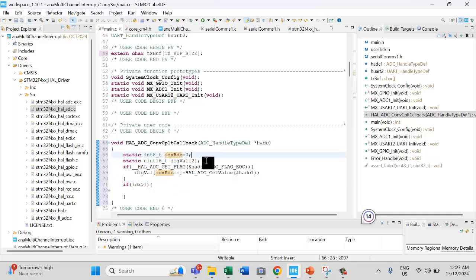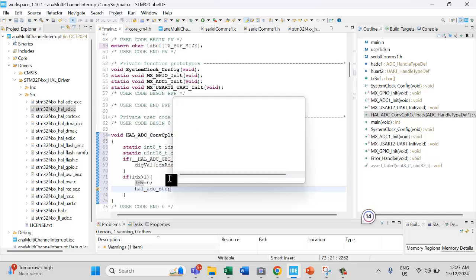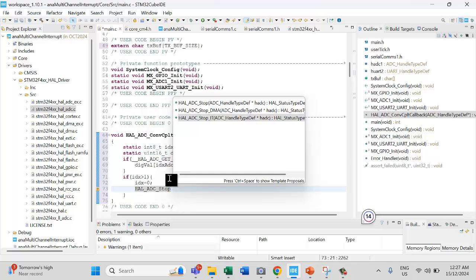So here the first one we get the value each time it is interrupted. Then when it is full, we need to reinitialize index to 0. Then we stop the ADC, HAL_ADC_Stop_IT because we use interrupt,